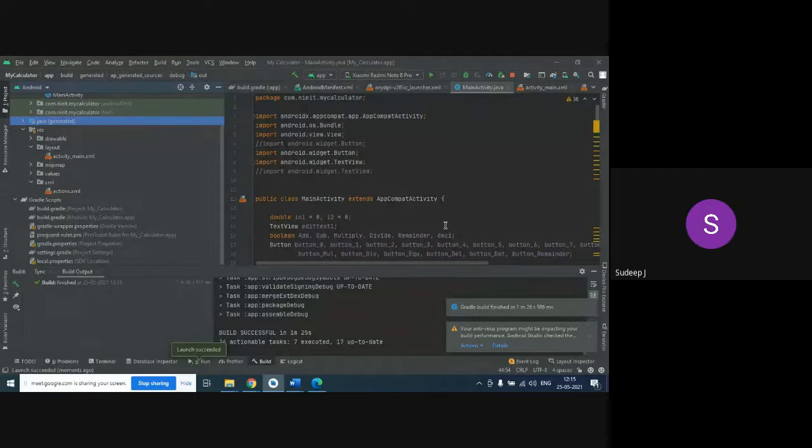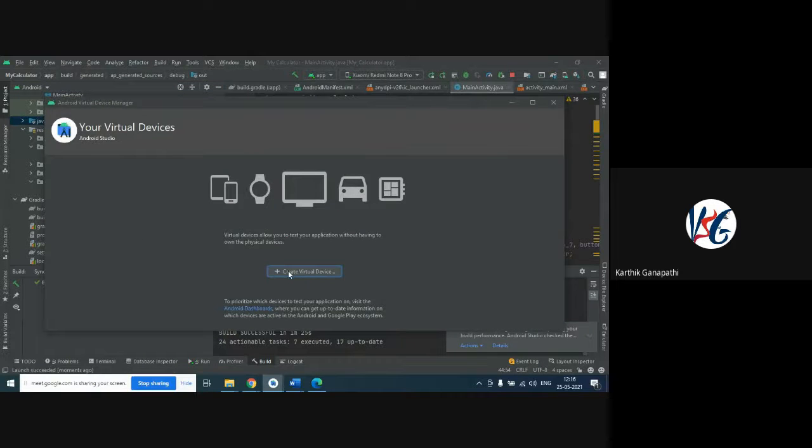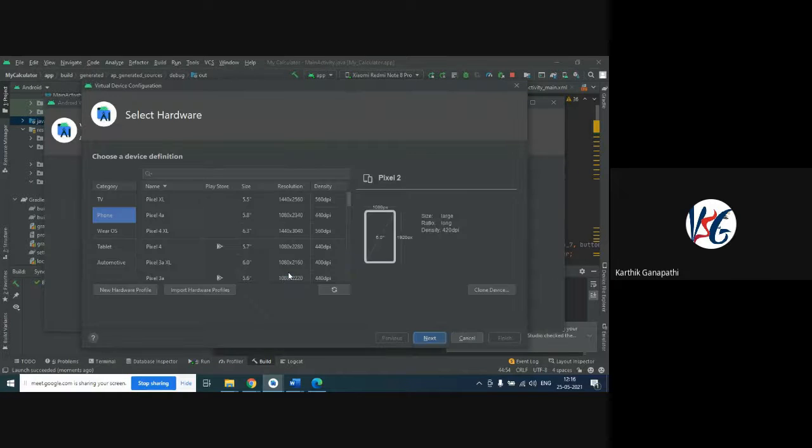Yes, sir, there is an alternative. As you can see here, next to the Gradle symbol there is an option called Android AVD, that is Android Virtual Device. When we click on this, you need to create a virtual device, something like an emulator, that will create an Android virtual device on your system. But this system will not support the emulators, so that's the reason I'm not using it here. You can try it, but these are AMD structured hardware, and the emulators are not supported on this hardware.